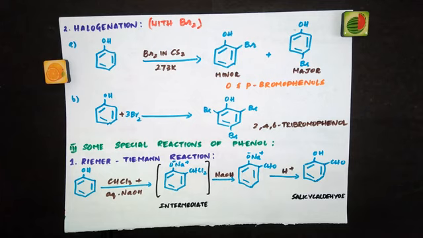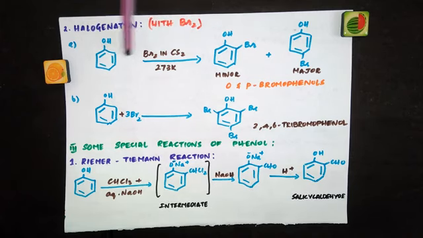When we take a non-polar solvent medium like CCl4 or CS2, the halogenation reaction becomes slow, and it happens with only one halogen atom, which means only one halogen atom is introduced either at ortho position or at para position, which means you are getting a mixture of isomeric products. When do we get that? When we take bromine in non-polar solvents like CS2.